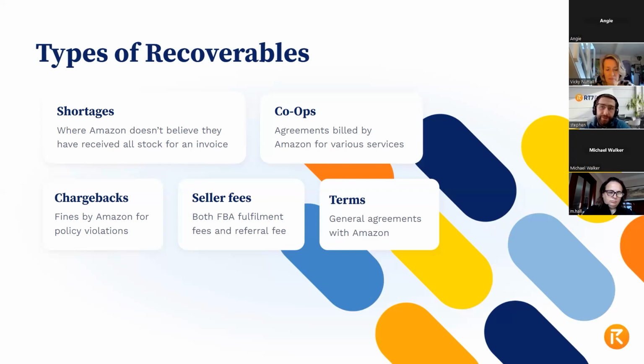So seller fees. This is a purely seller one. Seller fees are based off the category that you're in on Amazon. Most categories have a referral fee of 15.3%, but that isn't true for every single category. And if your product gets miscategorized on upload, then you can actually end up paying the wrong seller fee.